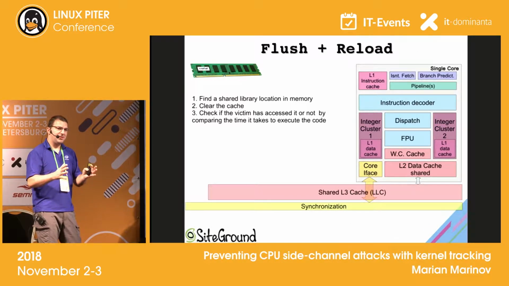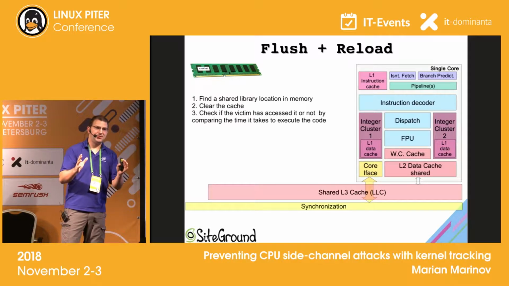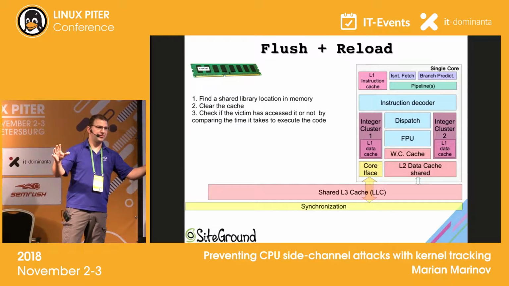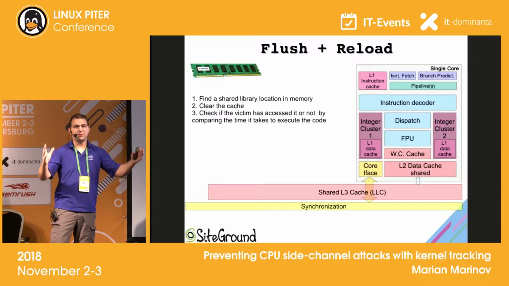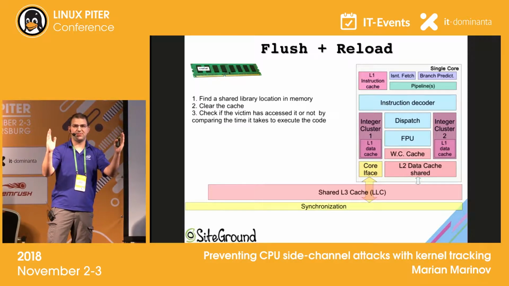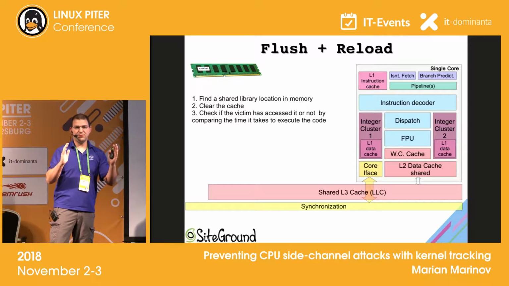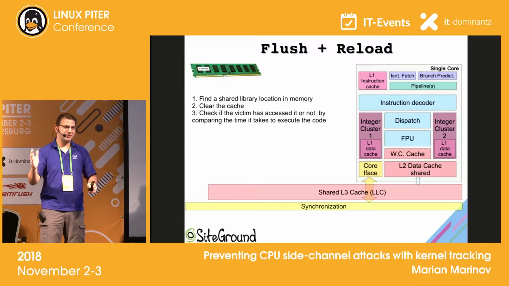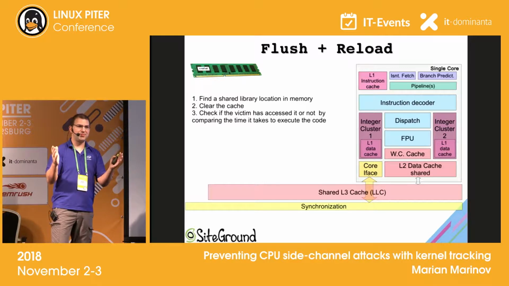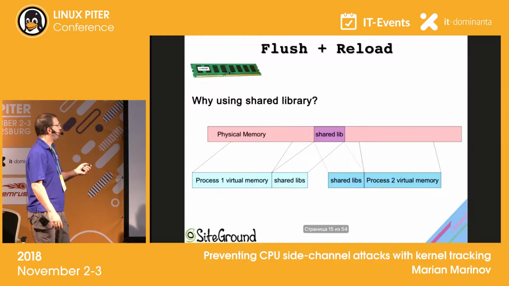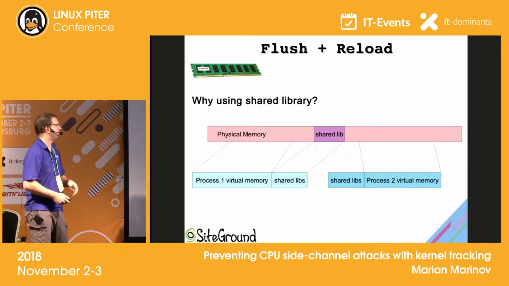First, Flush+Reload: you get a shared library. And since shared libraries are shared between different processes, they're actually mapped in the same memory format. So if you have this as shared memory, it's mapped like this in the physical memory. And even though you have virtual memory, which are different address spaces for each process, the physical footprint of this library is the same. Actually, I'll show this first and then I'll explain Flush+Reload.